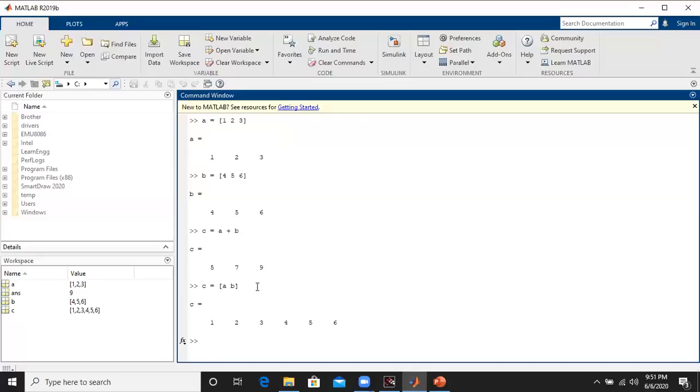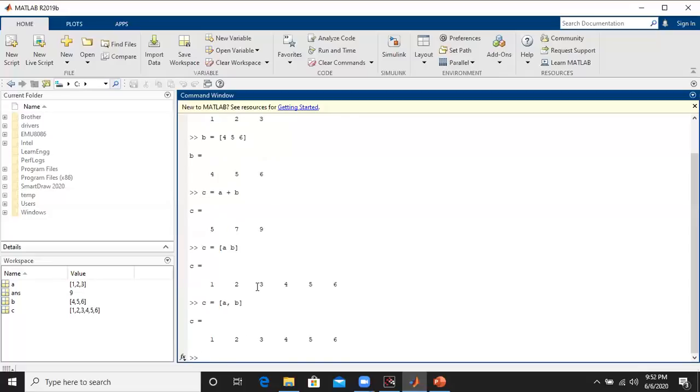So this way, in order to concatenate the row vectors, we have to type C equal to square bracket A space B, or even we can also type A comma B. The result is the same, right? So this way we can concatenate the vectors. Now within the given C vector, we try to find out what is the maximum value or the minimum, or we try with some other matrix. So let us clear the screen.